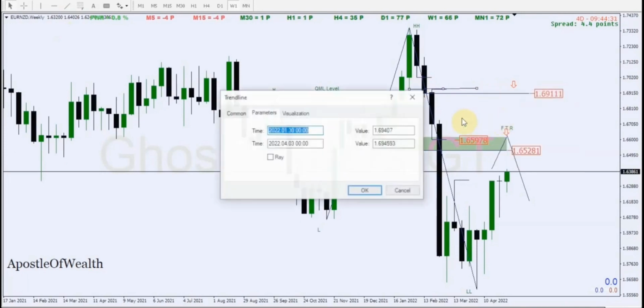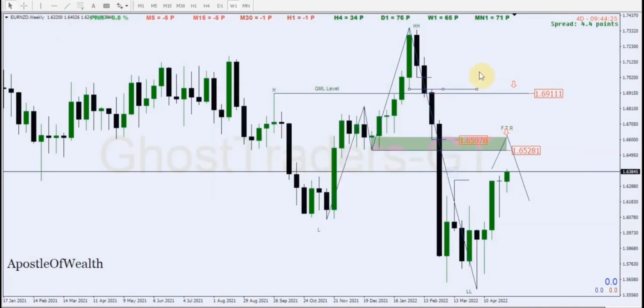So we have an order block at this level here. This is one of the reasons I say only focus on QML when it lines up with an order block, because they have high probability. So I believe we're gonna see a pullback after that, and price gets to this level